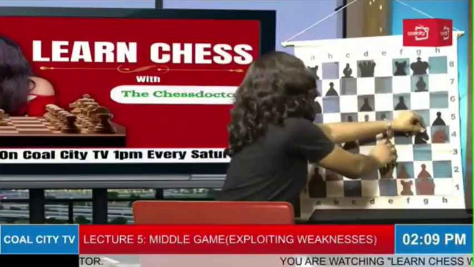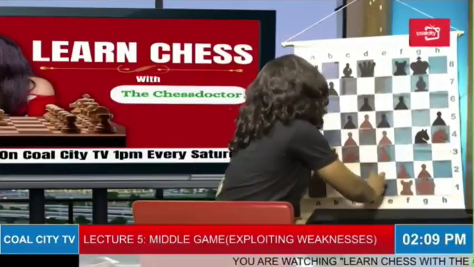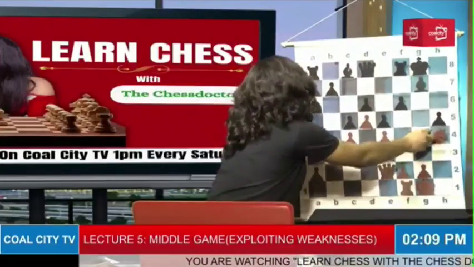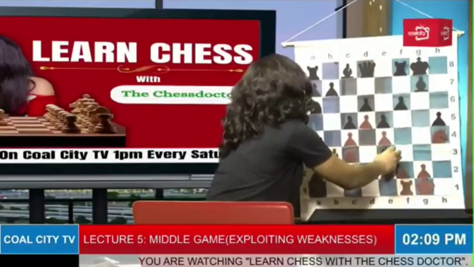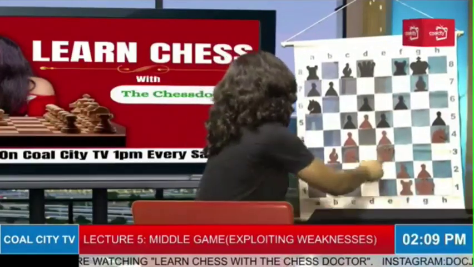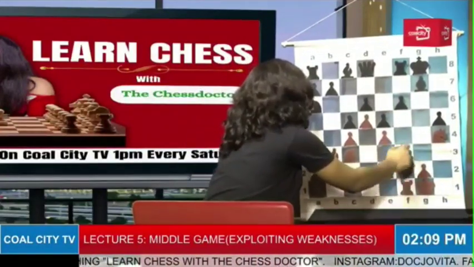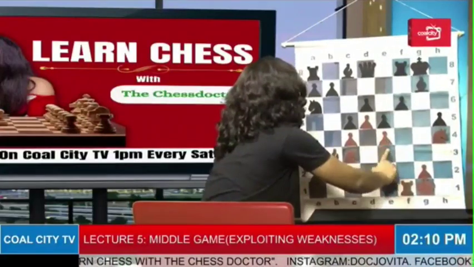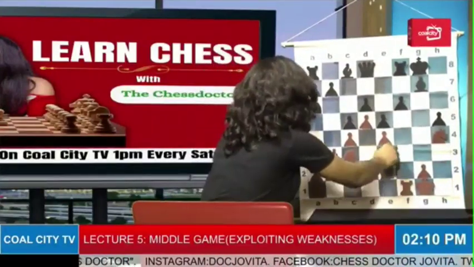Let me play what I'm saying. Imagine white's next move is this, and then black does this. Okay, I was saying this is a better move, even though this is also a playable move. But the matter with this one is two pawns on the same file. It's also a pawn weakness. Okay? So with regards to that,